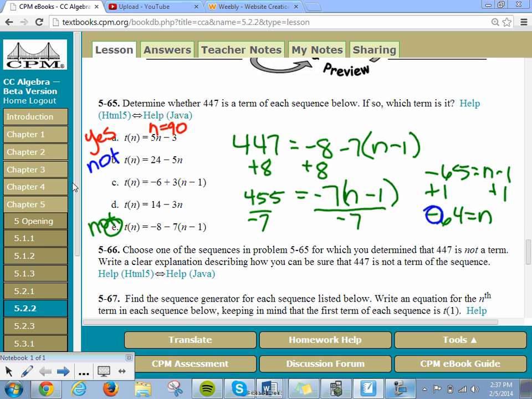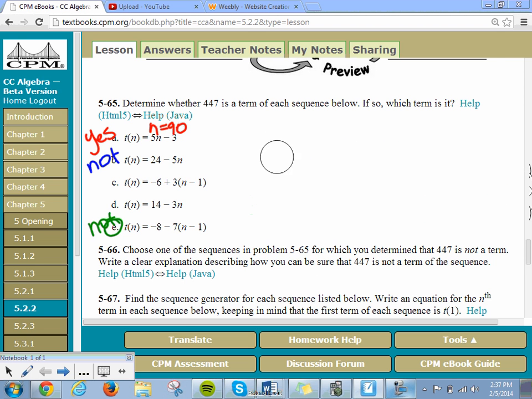All right. So let's move on to 66, which is going to involve 65. It says to choose one of the sequences from 65 for which you determine that 447 is not a term. Write a clear explanation describing how you can be sure that it is not a term of the sequence. So I'm going to do this right above in this empty space. I'm going to look at B, because in B it was not an answer. And so we want to write a clear explanation describing how you can be sure. So we already solved it, and what happened is we got a negative and a decimal. So what I'm going to say is that